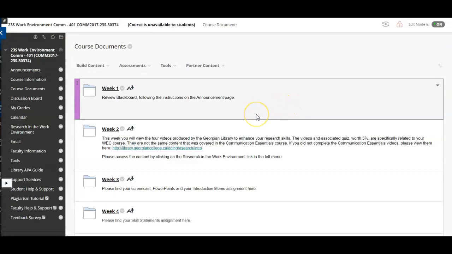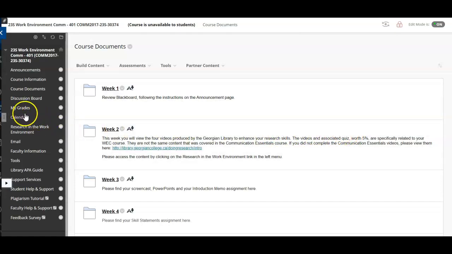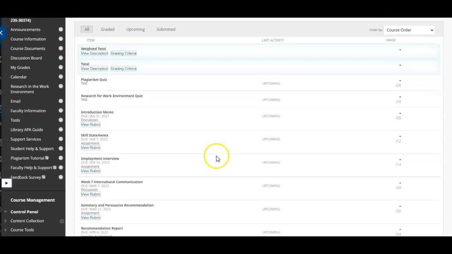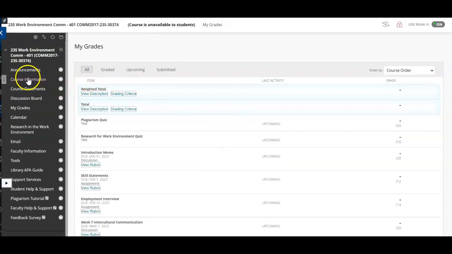All right, I think that's it for today. If you have any questions, let me know. If you are seeking due dates in a one-stop shopping spot, the calendar is here and you can use it. Once I have graded your work, it will appear in my grades. This is messy at the moment because I haven't fixed it yet. Actually, it's really messy. We won't even talk about this just yet.